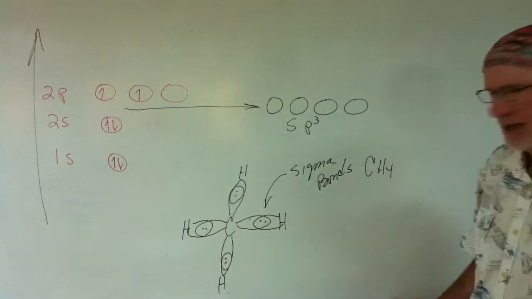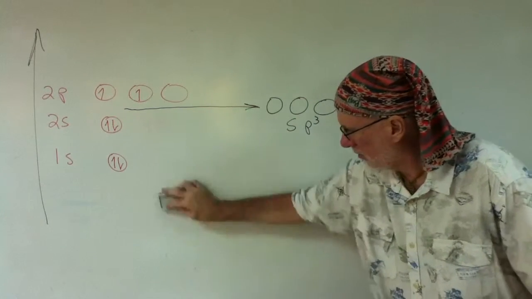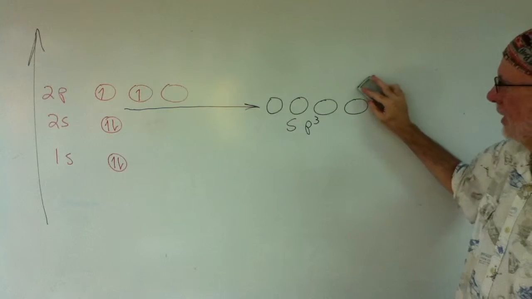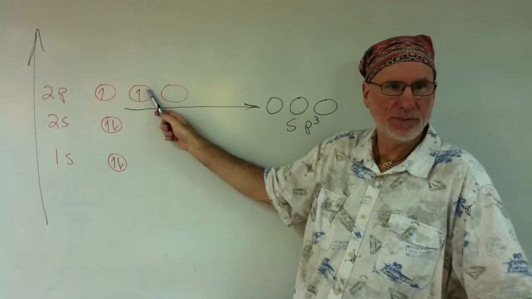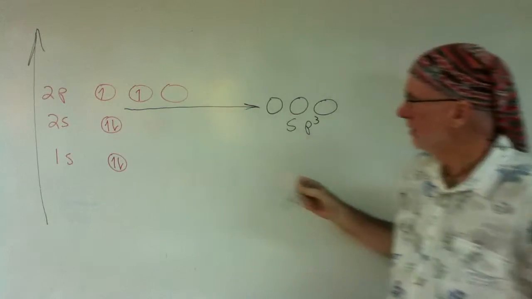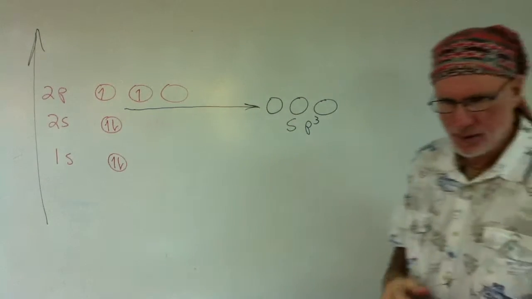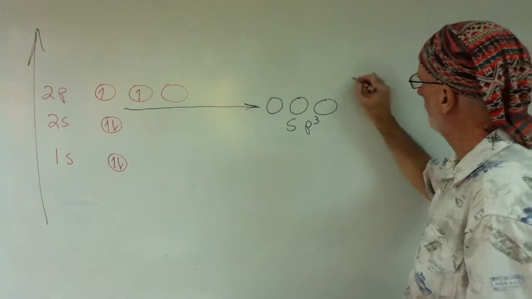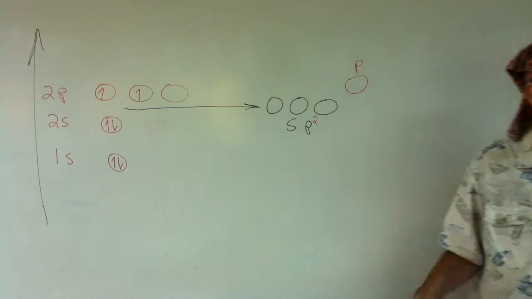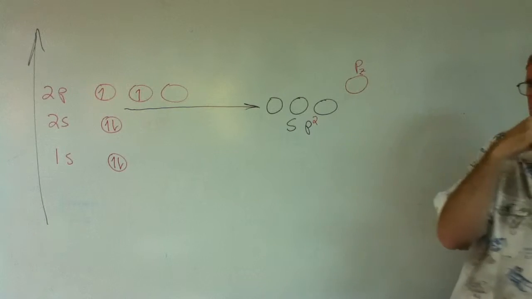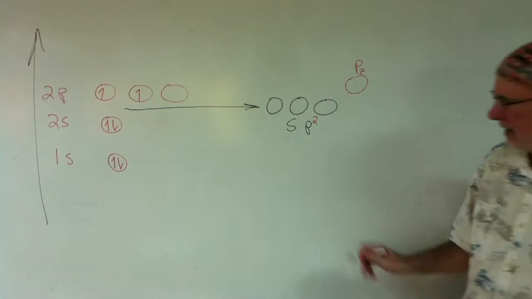Now, let me erase this, just because I don't have a lot of room to work with. So now, what happens if I do this? I take this one and these 2, and I leave that in the P. So this one, let's make that red, shall we? Where's my red? Oh, it's in my hand. So this is sp2, and this is actually a P. We'll call it, I don't know, pz. Okay, but it's a P. Okay, so what happens is, if I have something like this,